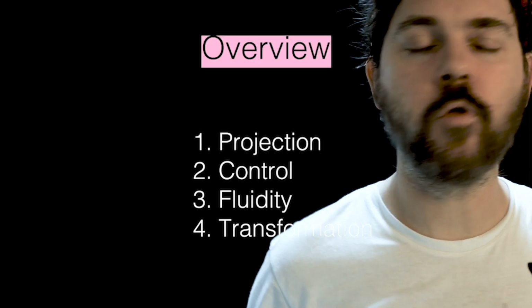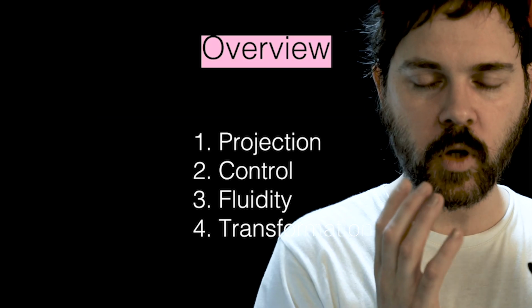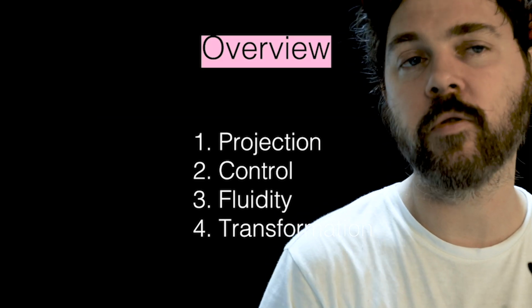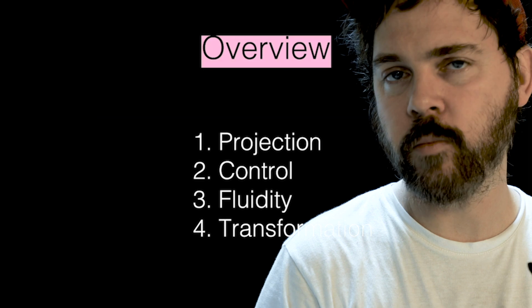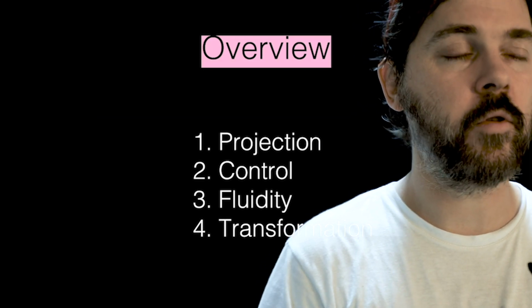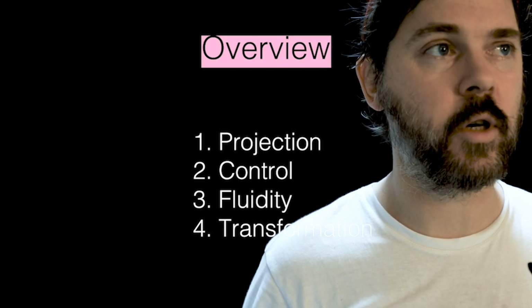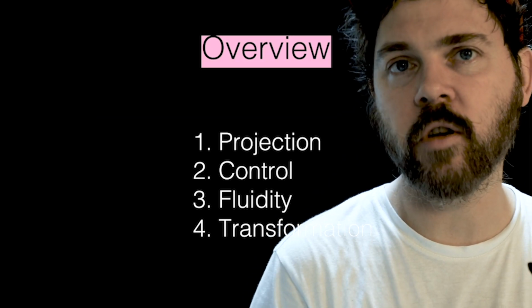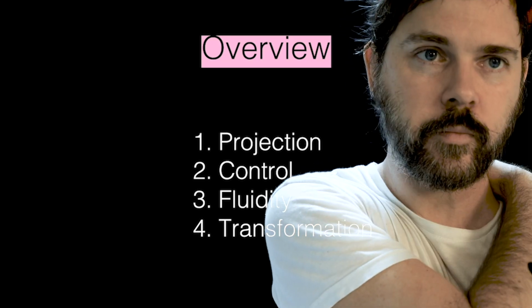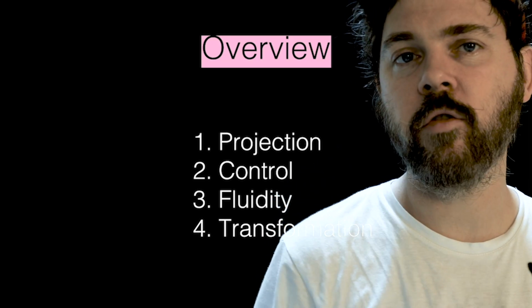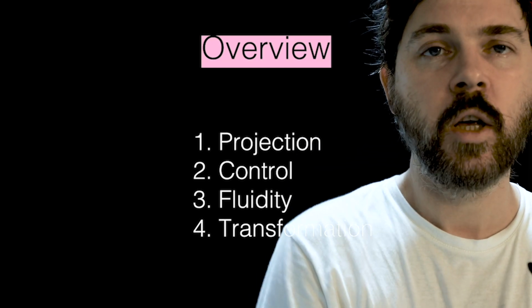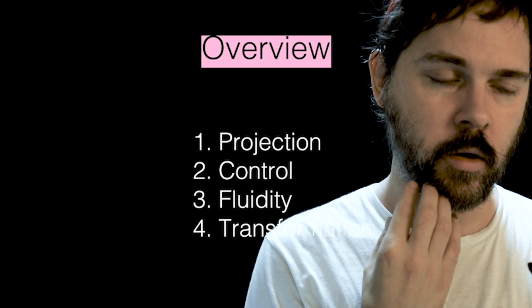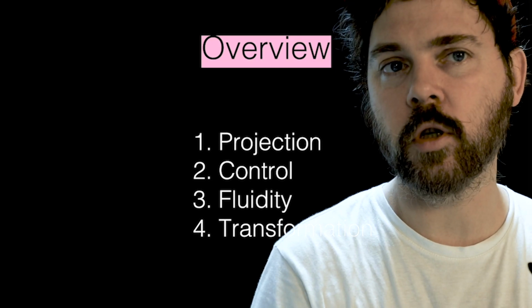I've prepared 4 different subcategories, which align to 4 works that I created, and I want to exemplify each of those headlines very briefly with a piece. So, the 4 parts I would like to talk about are projection, control, fluidity, and transformation of body perception, or body images, or identity models, so to say. And maybe before we dive in, I can give one general remark about the way I've been approaching